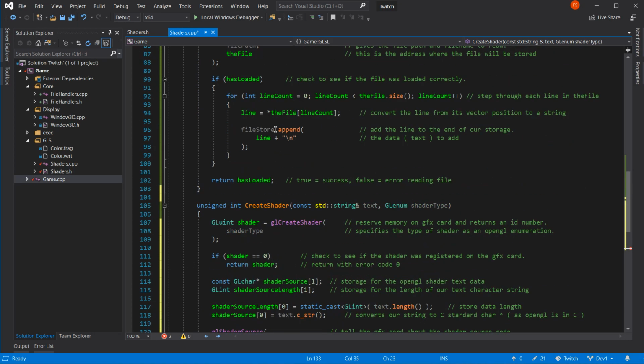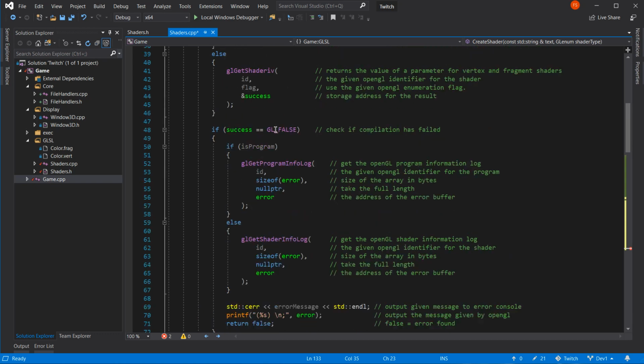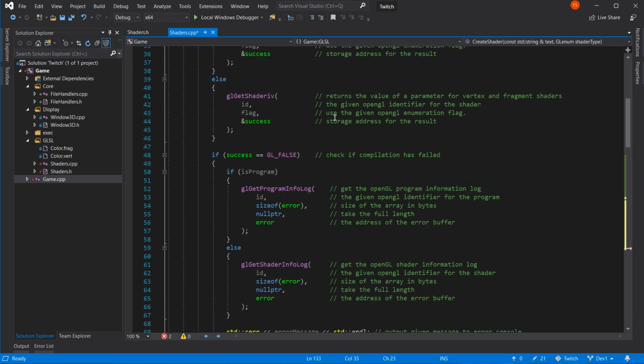Which means that flag up here, and we used it here, is used to give an OpenGL enumeration flag for status.